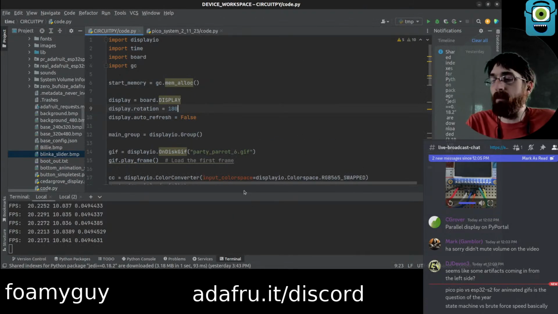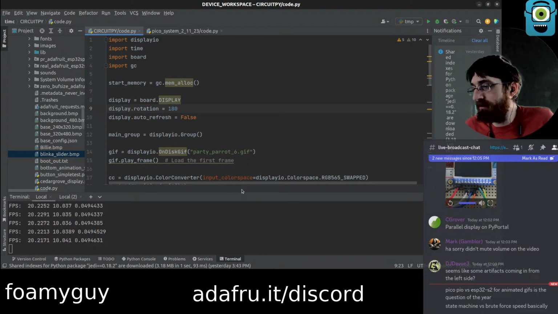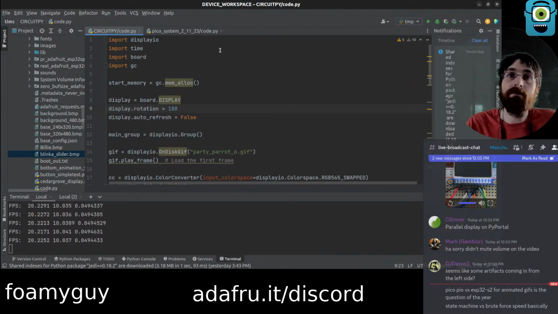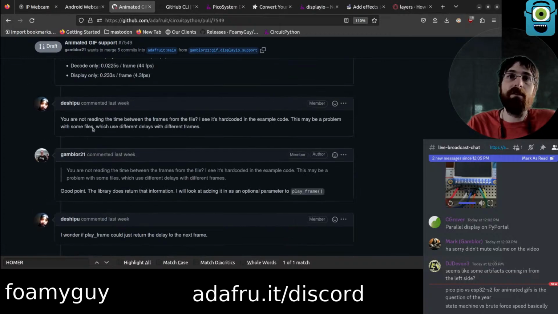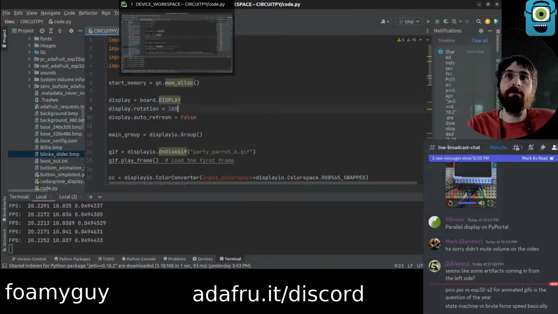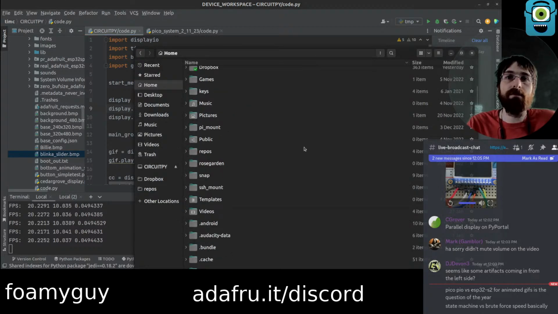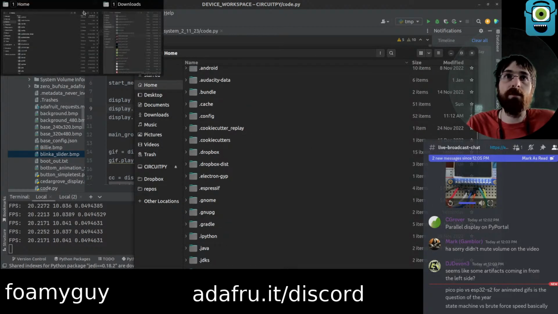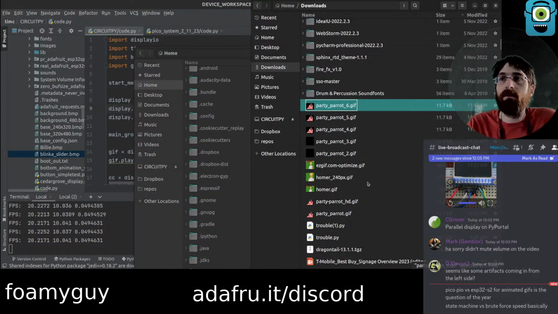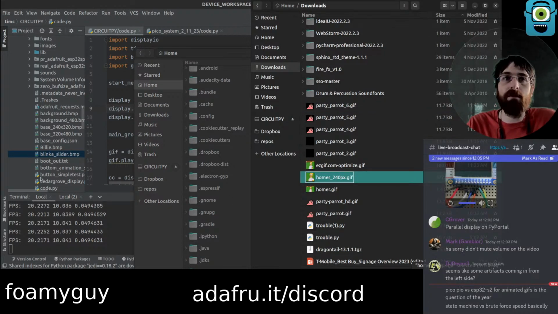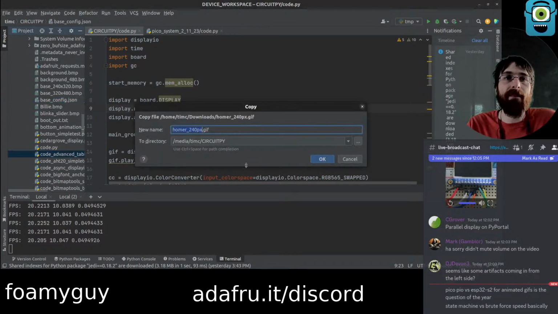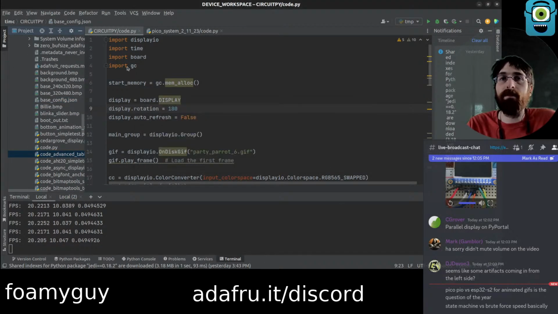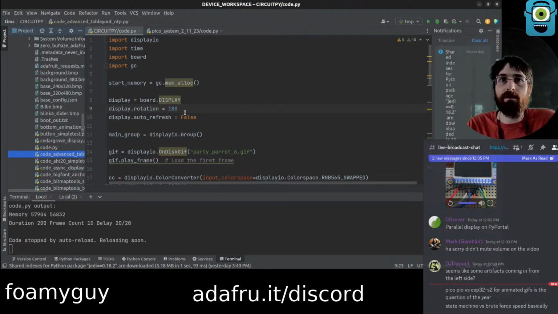Okay, I think I'm gonna wrap it up there. So we got it on. We did try a couple of different ports: RP2040, Espressif, and then Atmel. All three seem to be working the same. Should we try? Let's try the Homer one actually. Play it out with the Homer one on the PyPortal. This was the last one we got to work, I think. I don't remember what the speed was on the other ones.